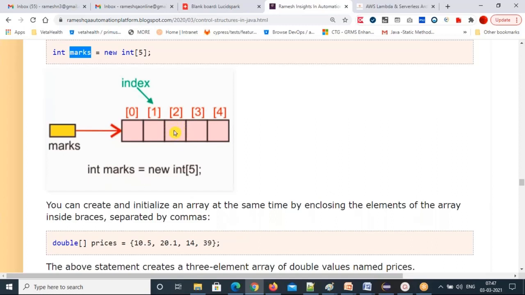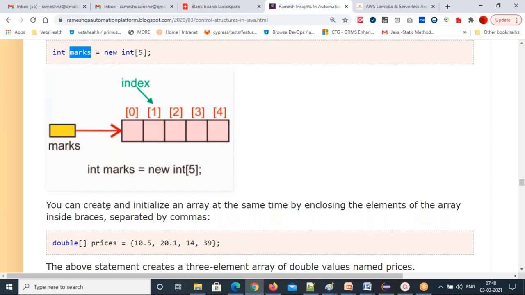So any cell value you want, that index number you pass. The array variable square bracket, the index number you need to provide so that you will get that value. That's why you can access anywhere. You can access this one, you can access this element, any element you can access based on the index.